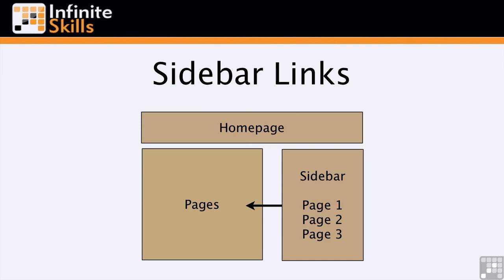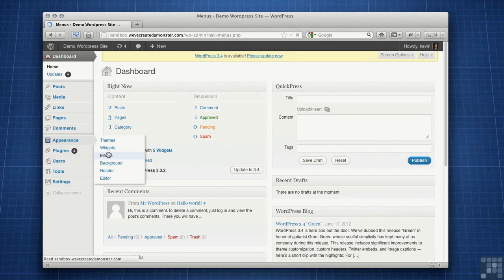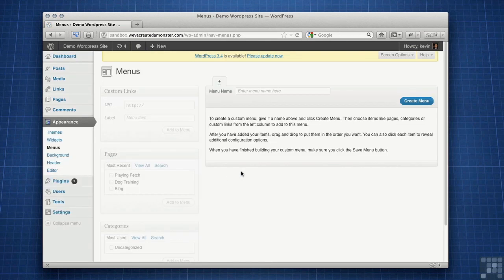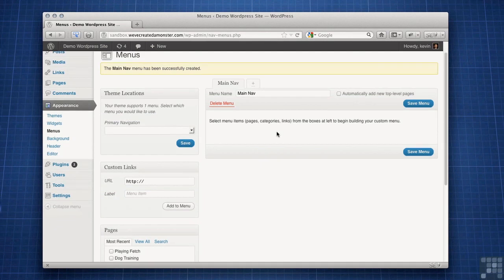want to do is set up the main navigation. Now, to do that, you're going to go to Appearance and Menus. And there's a couple of steps that you'll need to do. And the first step is to simply create a menu. And to do that, you type the name in here, and I'll type in Main Nav. Click Create Menu. And now that creates this little area here that you can drag and drop content into. So to get